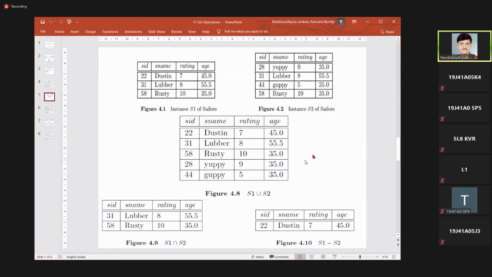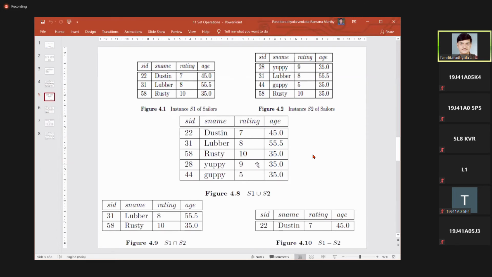Then Guppy is not present in the first table, so it is added in the result. Then Rusty is already present in the first table, so it is also eliminated. So it combined the values from table 1 and table 2 and eliminated the duplicate values.